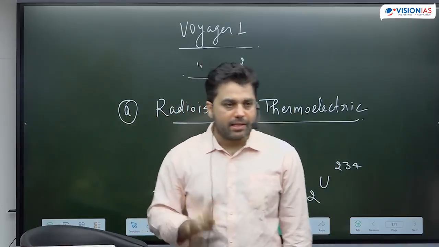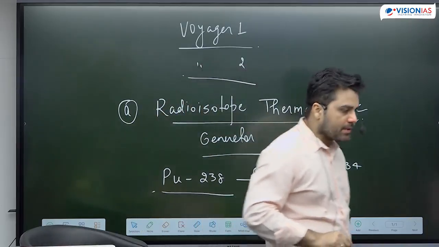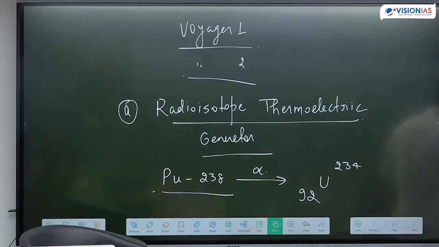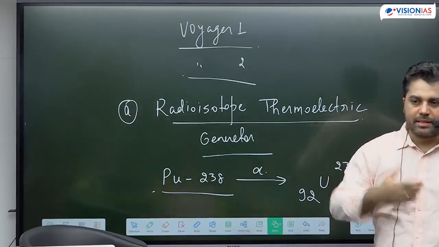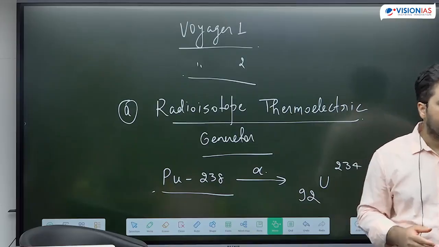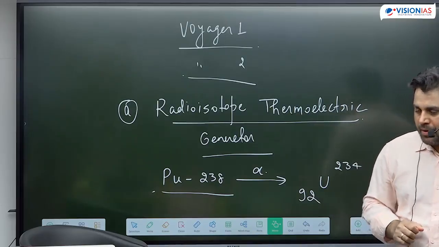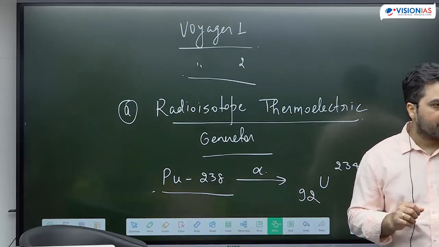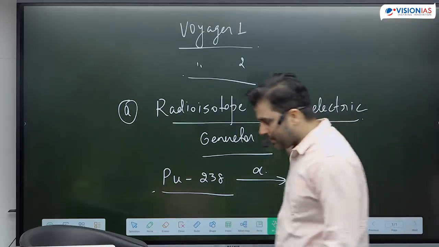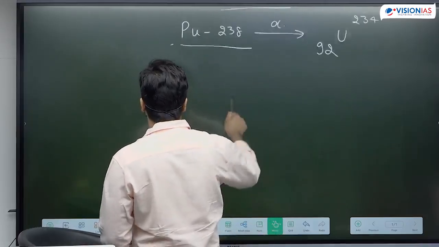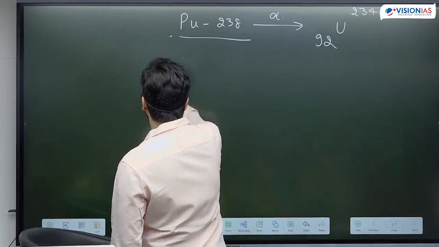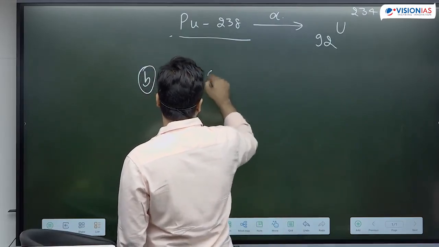NASA has launched dozens of their missions to the solar system using this technology. And I will also repeat, ISRO has not used this technology till now. All of our missions, whether astronomical, lunar or Martian missions, till now have utilized solar panels only. But ISRO is working towards developing and using this technology for perhaps future missions. The second application is called nuclear propulsion.